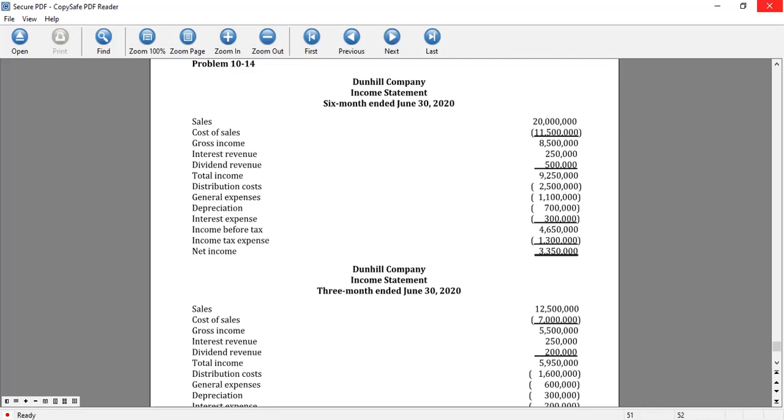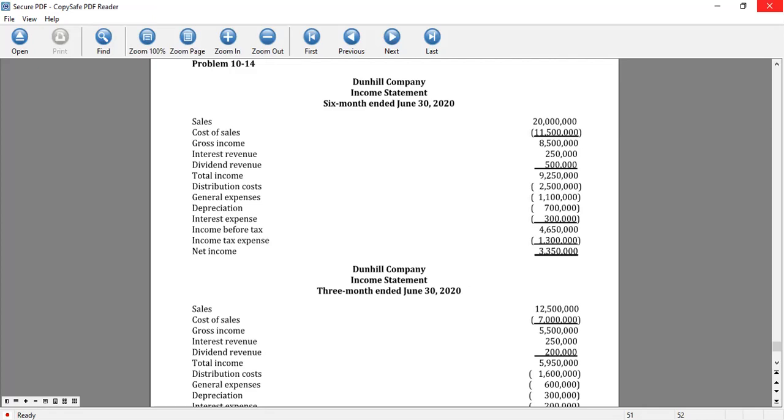So the period begins on April 1 up to June 30. So this time, cost of sales, we have the gross income and the interest revenue as we have computed above is